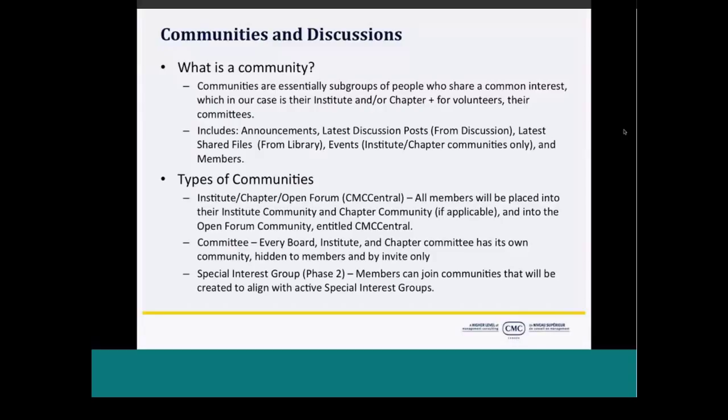And finally, there'll be special interest group committees, and this is in phase 2, that members will be able to join that will be created to align with active